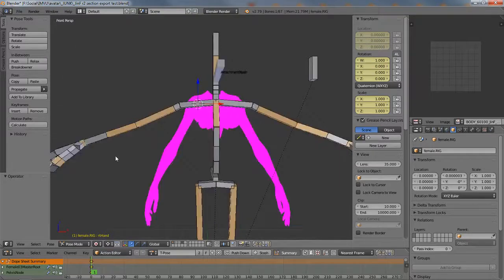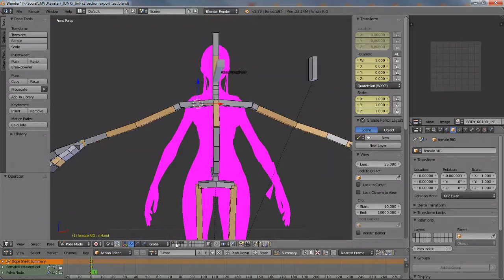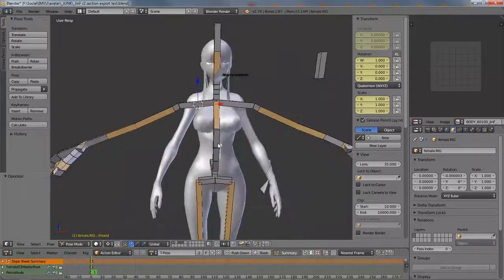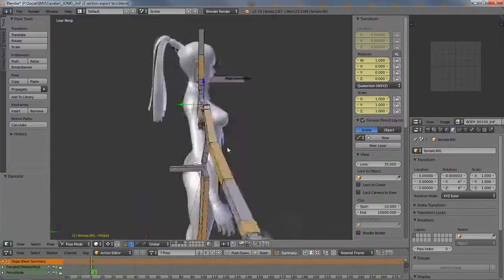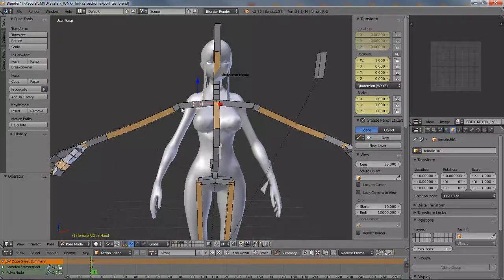We were trying to sort out bringing in a completely different character, which is this, and trying to see if it could be brought in via FBX and set up for the FBX importer-exporter path. But as you can see, the problem is that the mesh isn't proportionally matched to the skeleton,